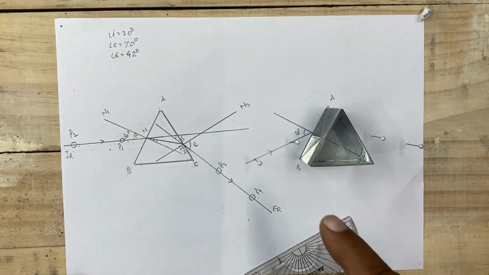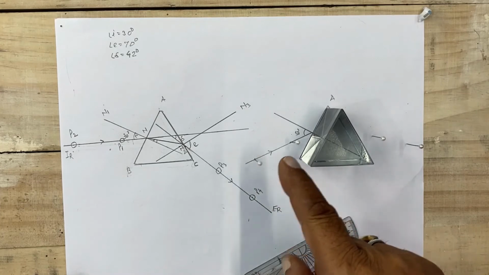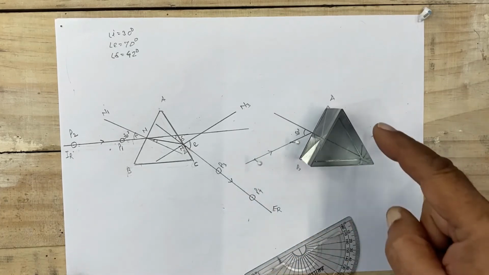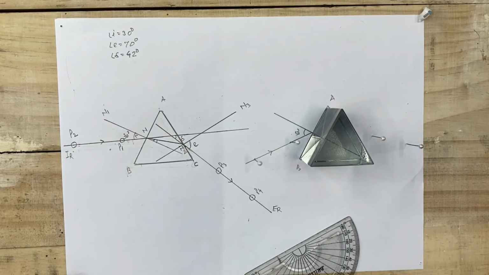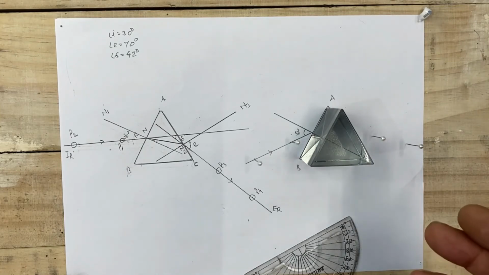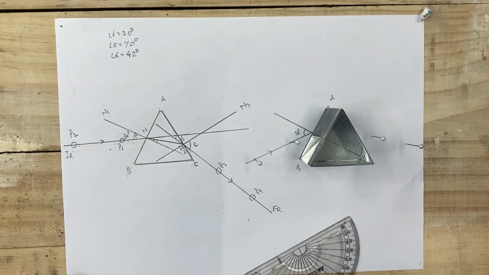तो हम क्या कह सकते हैं, pin P1 and image of pin P1 and P2 and P3 and P4 all are in one line. If you get this chance to do here in your school, so you can do this experiment and you will enjoy. If you don't have lab, if you are not able to go to school, then you can purchase a simple prism from the market and you can enjoy this experiment at home also.